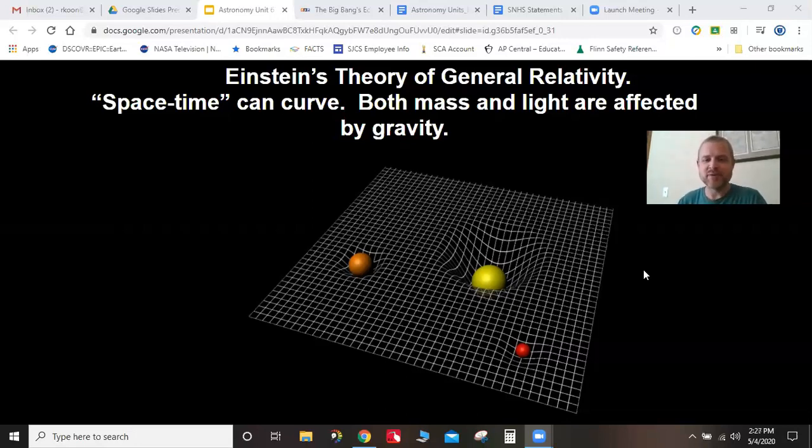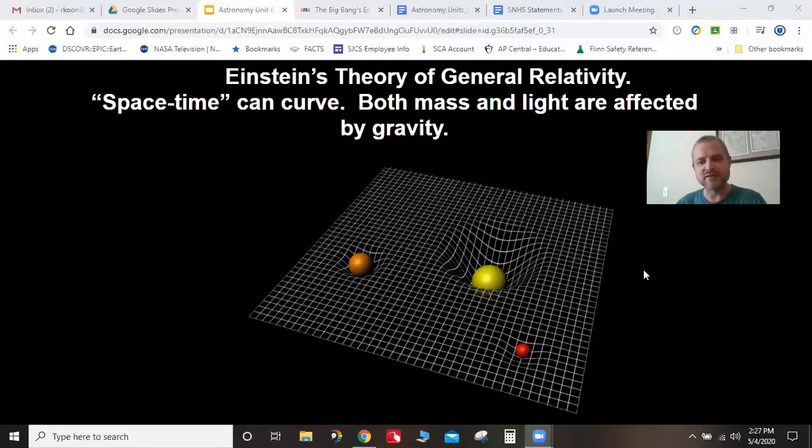So the last thing that we talked about in Unit 6 was the idea of how we determine how far things are away in space. We talked about Cepheid variable stars and type 2 supernova and parallax and things like that. The second half of this unit goes into a bit of relativity, and we're going to end sort of with the Big Bang. So we've already discussed briefly how one of the pillars of Einstein's theory of general relativity was